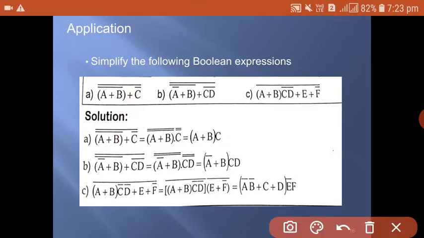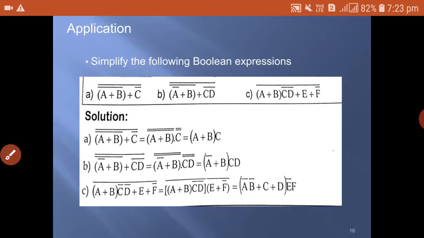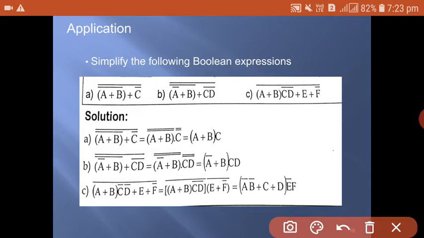First, you can consider this term as x and this term as y. It will be (x plus y) whole bar. You can write this as x bar into y bar. So x happens to be (a plus b) whole bar, and then whole bar into c bar whole bar. So this comes to what? A plus b into c. So the given expression will give you a plus b into c. So this is the minimized expression for the given problem.